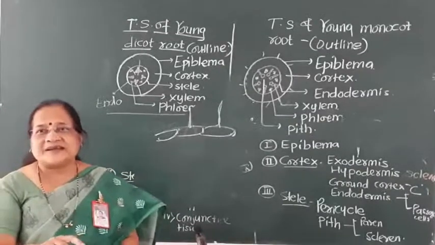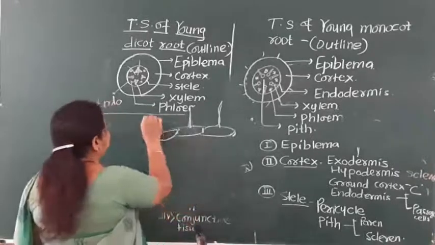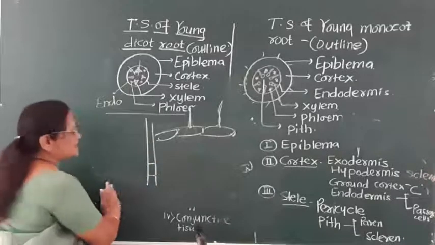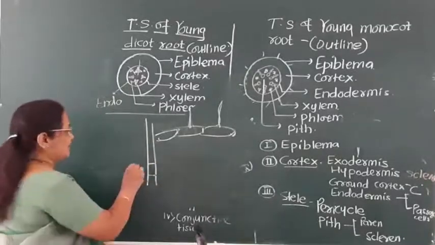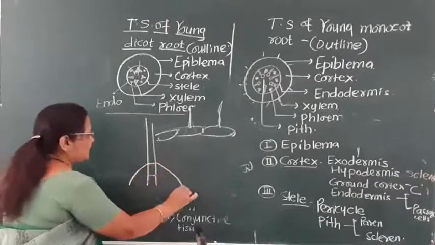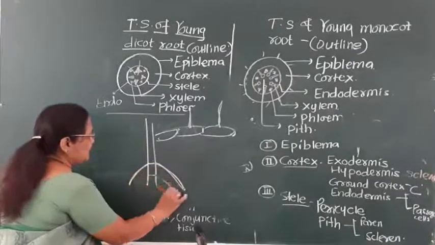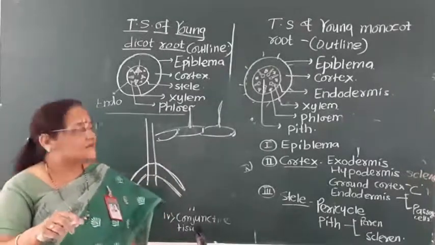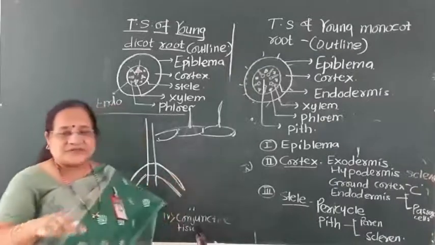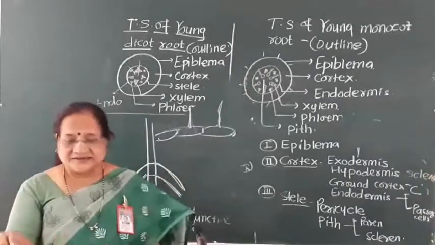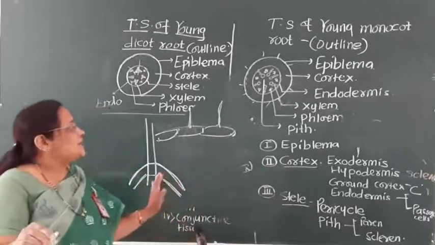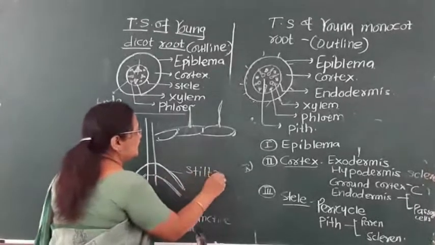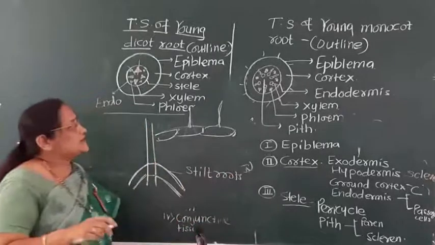but sometimes in the stilt root of maize the cuticle is present. So what is this stilt root? Suppose this is the maize plant, which is unbranched, and the root system is not deep going. At that time, for mechanical strength, we get some thick roots, and those roots we call stilt roots. In these stilt roots, sometimes you may get thick walled structures, and the cuticle is present. We call these stilt roots, for extra support.